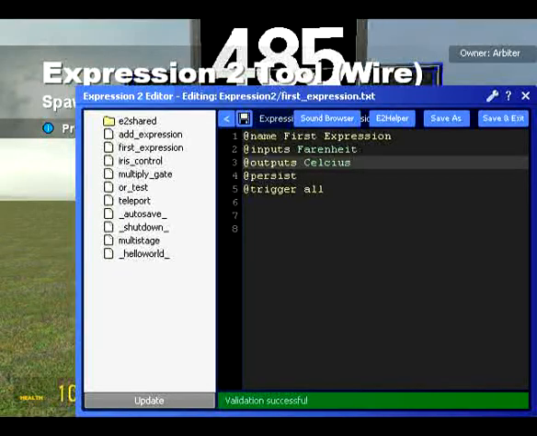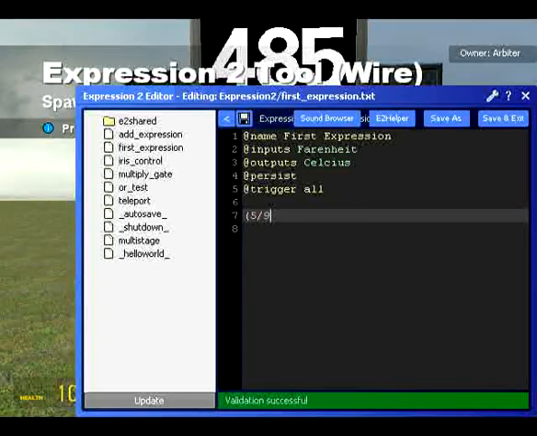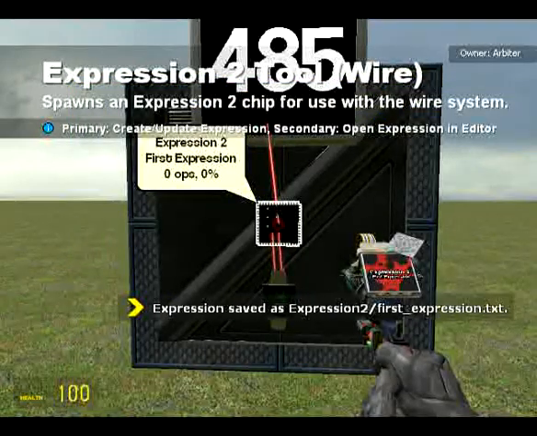So inputs are going to be Fahrenheit, outputs Celsius. I'm not sure if you know, but basically Celsius is 5 divided by 9 multiplied by the temperature in Fahrenheit, take away 32. So we've got an equation there, and all we have to do is equate this to Celsius. So when a value gets fed in from the input Fahrenheit, it goes into this, and Celsius says, oh, I'm equal to 5 divided by 9 multiplied by Fahrenheit take away 32. So if we just save and exit, and I just take that in there,